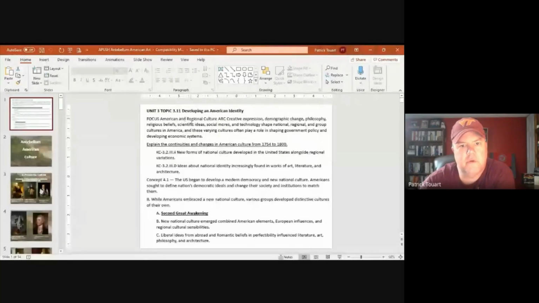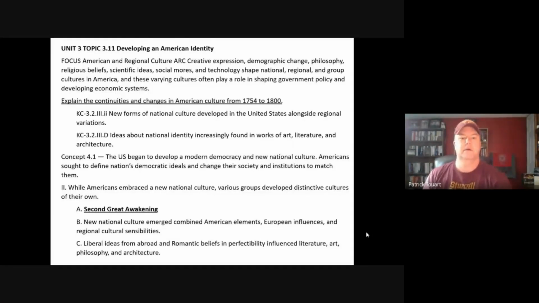The topic of today is American cultural identity. We're going to be looking at two parts of our unit on the curriculum framework: Unit 3, Developing an American Identity, and Unit 4, how a new national culture emerged in the wake of the American Revolution. Under thematic focus, American regional culture, creative expression, et cetera, we'll consider how these varying cultures play a role in shaping